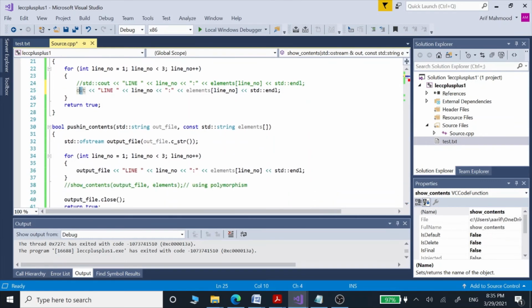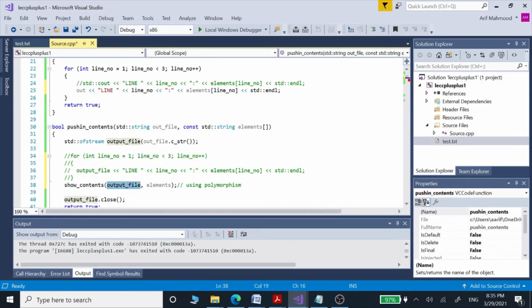And after that, we are no longer going to use this for loop to store contents in our output file. We are actually going to use the second function to store whatever we have in our elements array into our output file.